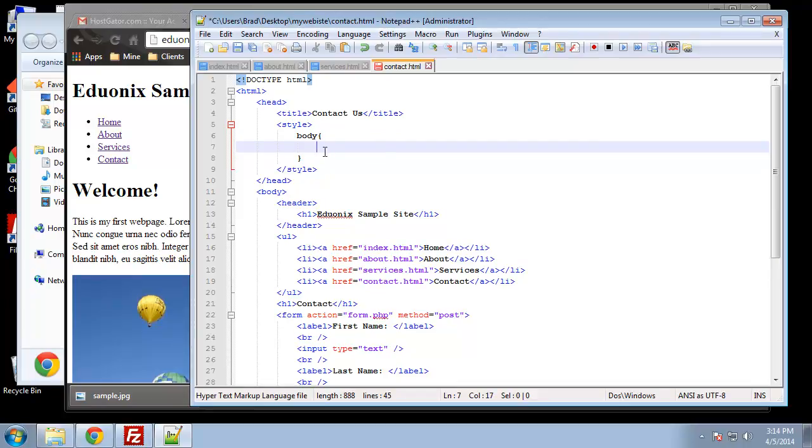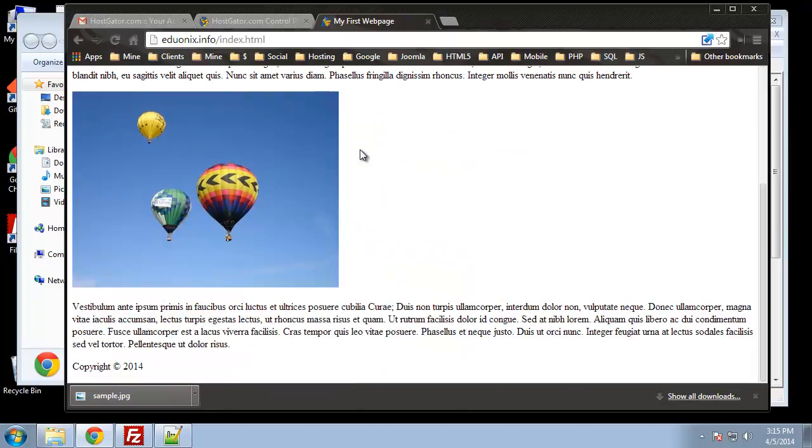Okay, and then go in here, press enter, and then we want to tab over, and then we can put our CSS rules. So we can change things like color of text, background color. So let's change the background color. So background color, and then we want to put a colon, and then we can write a color, let's say black, or we can put a hexadecimal value, which is a number sign and then the value, for instance, light gray is 6 C's. Okay, so let's just try that. And you want to put a semicolon on the end of each style rule. So if I save that and we reload, oh,